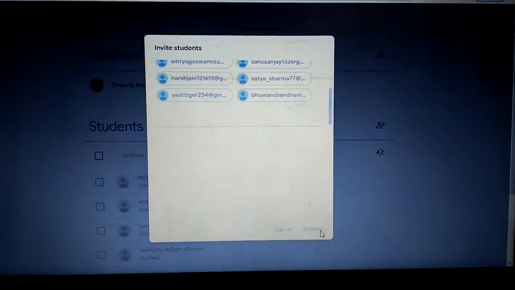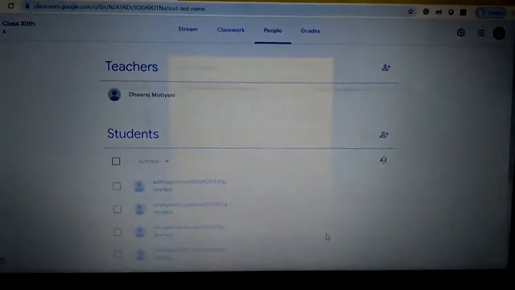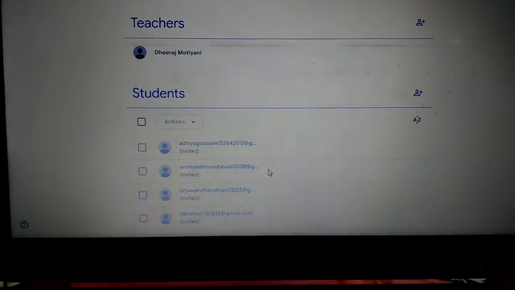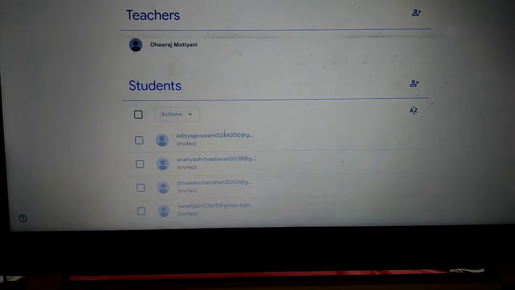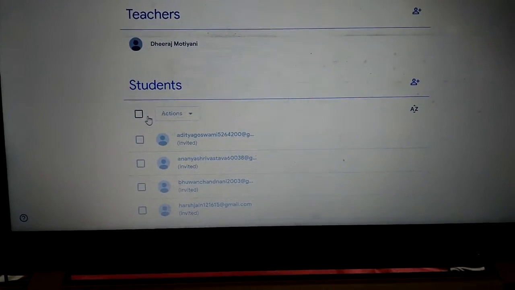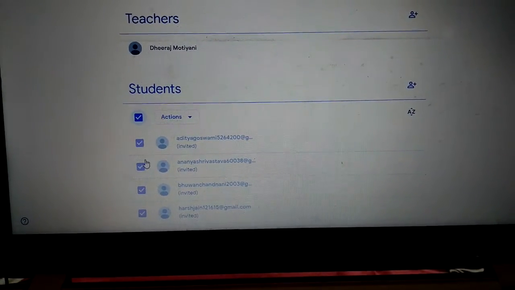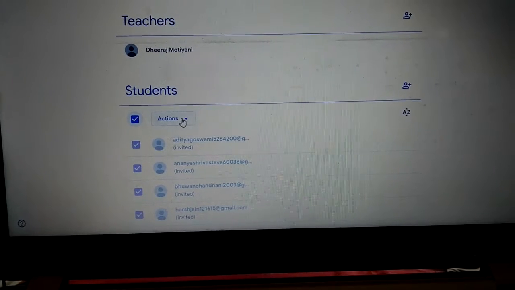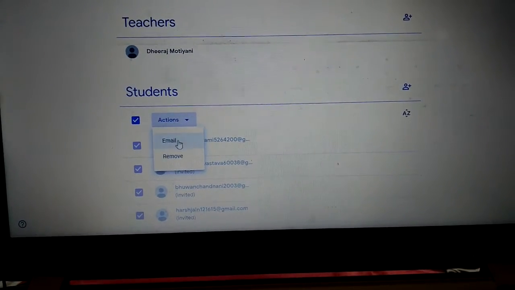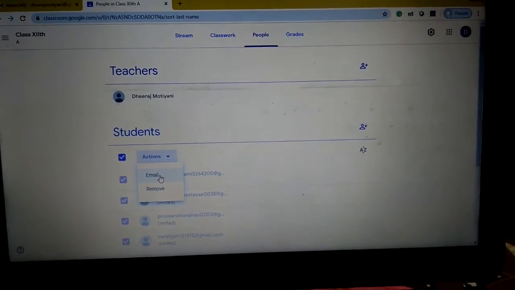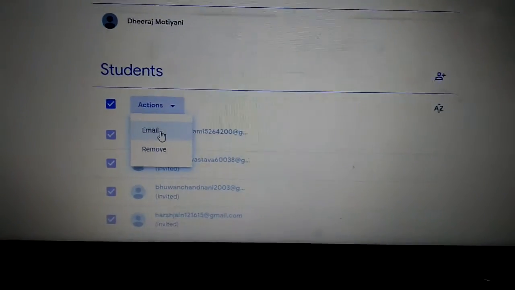I'm sharing the invite through this option. See, all the email IDs are here. I can select this option and automatically all mail IDs will be selected. You can email all the students.